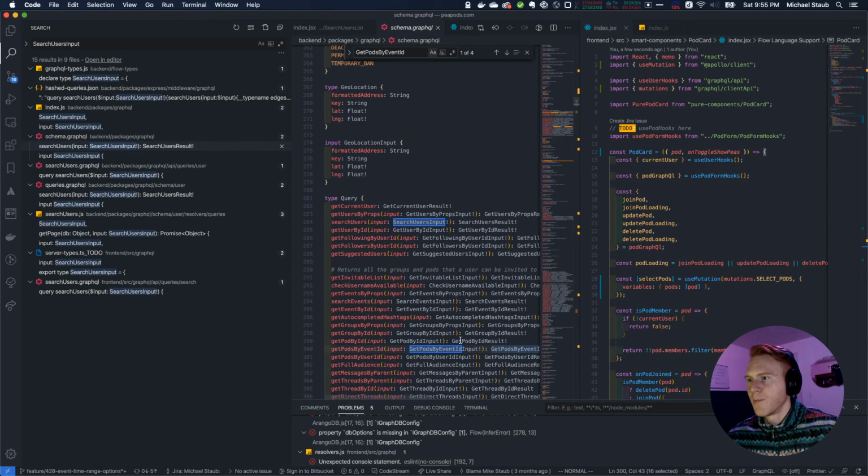Yeah, this. Get pods by event ID input. What the hell? Where is it? Here. So we just give it an ID in pagination. Okay, so what we could do